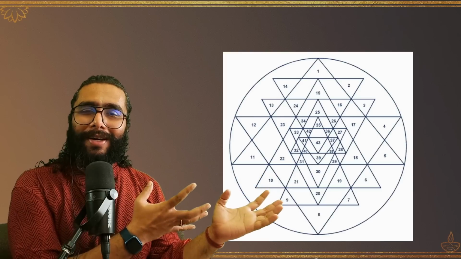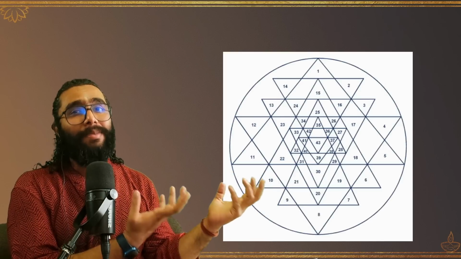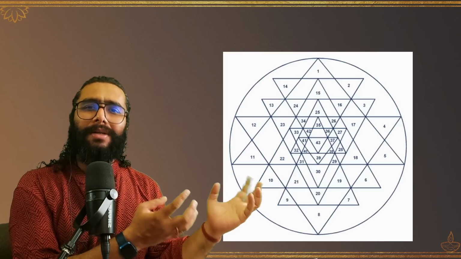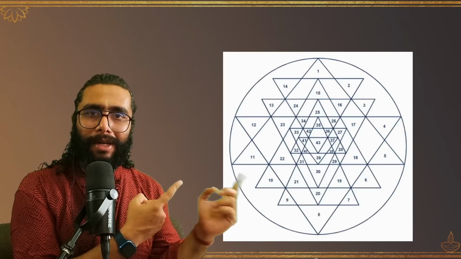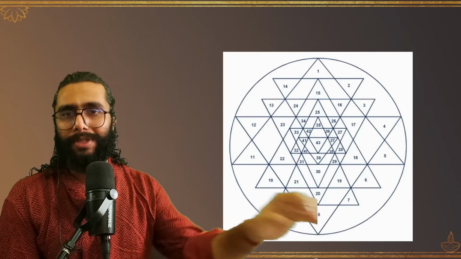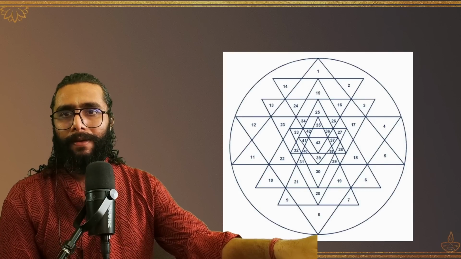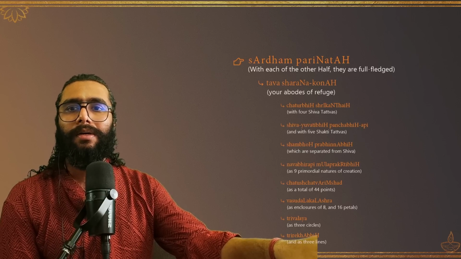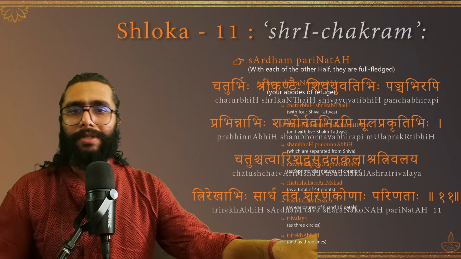So this is what Adi Shankaracharya is describing. This is a very mathematical shloka, but at the same time it gives the principles behind it. We'll come back to this diagram once we understand the words of the shloka. This will make more sense then. There are other images also to describe it, like this one and this one. We'll come to these also later on. But let us now quickly understand the...